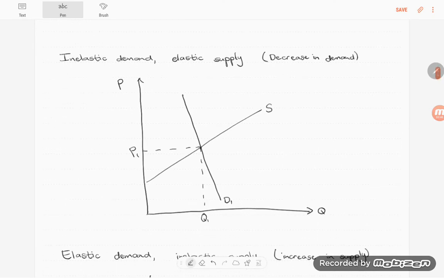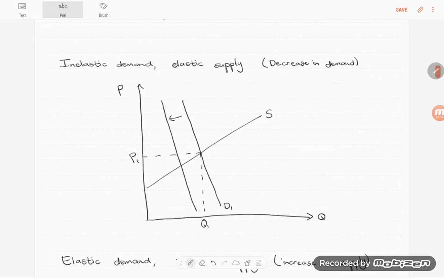So let's look at if we have an inelastic demand and an elastic supply and there's a decrease in demand. So first, our supply curve is not too steep but not too flat. But our demand curve is now a relatively steep line because we have an inelastic demand curve. If we then have a decrease in demand, there is the leftward shift of the demand curve to D2, which means we move from equilibrium 1 to equilibrium 2,